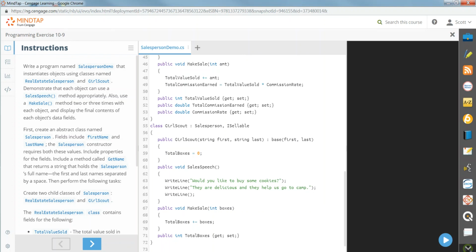We'll have an instance of salesperson, an instance of iSellable, or I should say, we're inheriting salesperson and iSellable in our class Girl Scout. Here's our constructor. We've got a variable total boxes that is unique to Girl Scout. They've got a sales speech and they've got make sale. Total boxes, we've got our automatic there. Okay? So with that said,